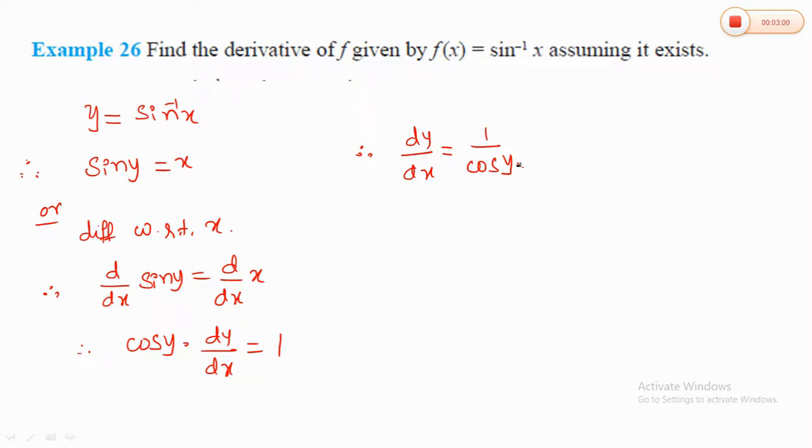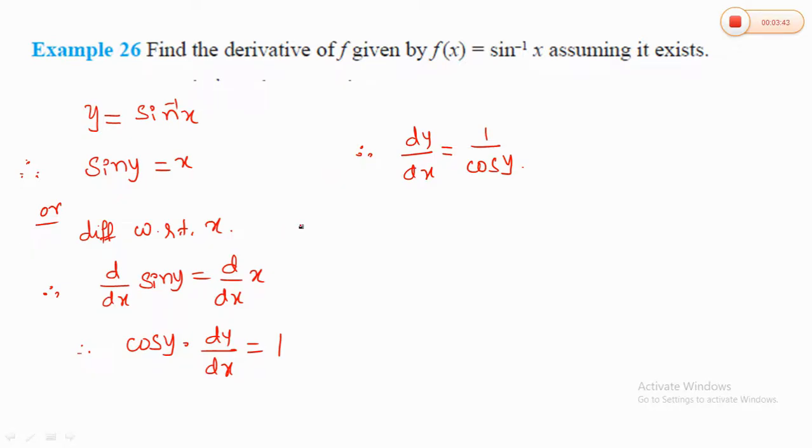So using the previous formula that you know, sin square plus cos square equal to 1, cos y equal to root of 1 minus sin square. Yes, so therefore root of 1 minus sin square. Similarly, for cos of y, you may use cos of sine inverse x here, by substituting the value of sine inverse x for y. So you can solve this in this way.